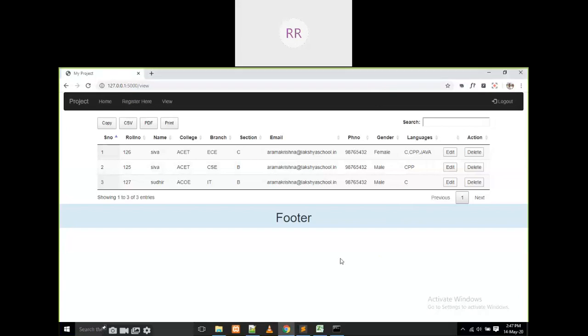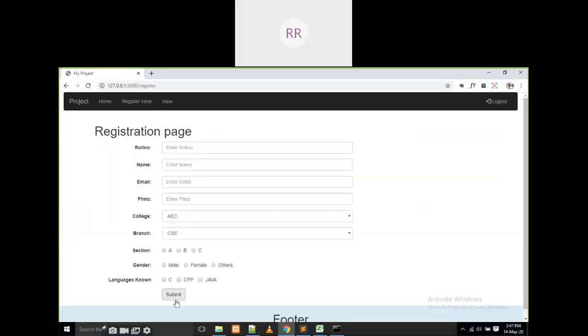Yes, next thing is flashing. But flashing we have to start after the registration page, but I missed it there. What does that mean? For example, if I enter some data and click on submit, we have to get some notification, some alert messages. That means it is going to say successfully registered or something like that, or that the user is already registered. We have to give some alert messages here. That is called flashing.